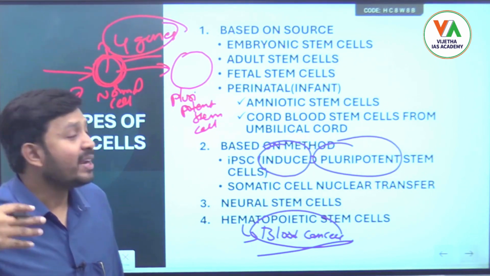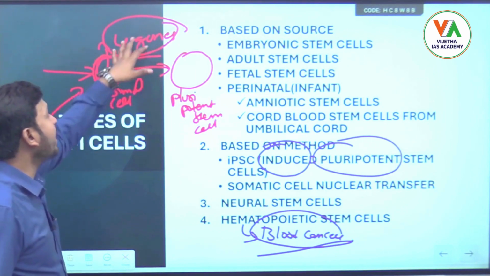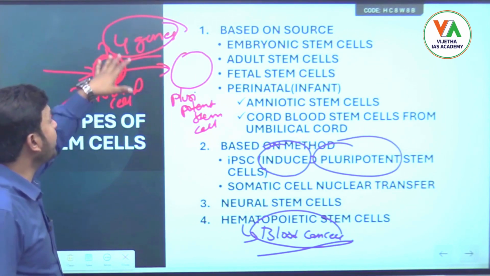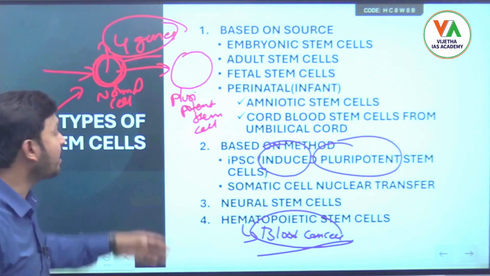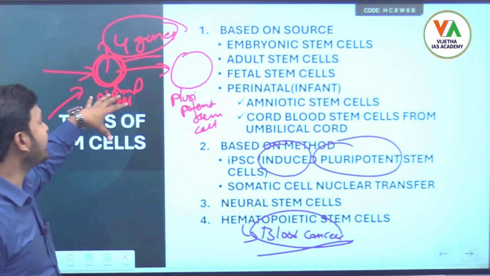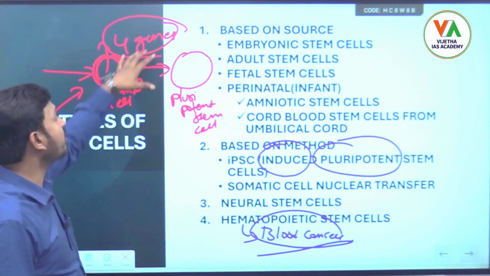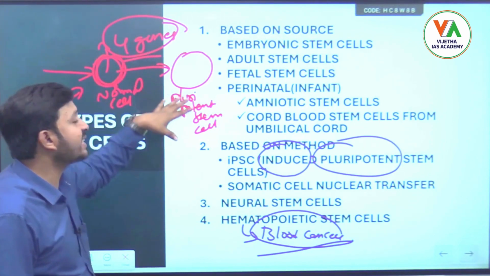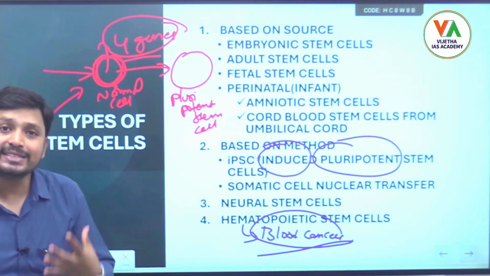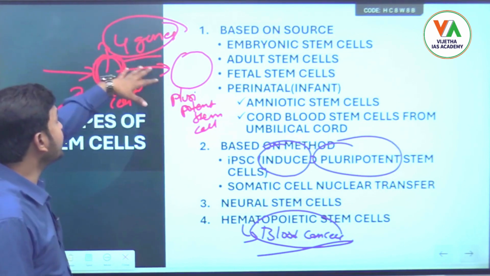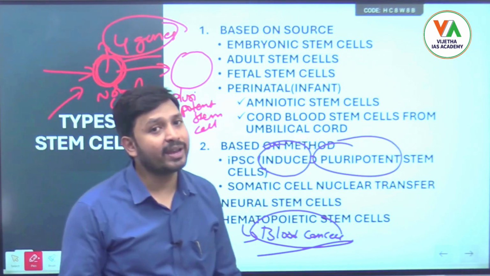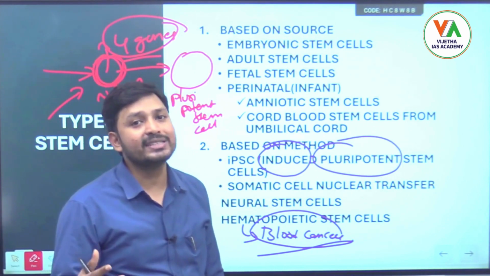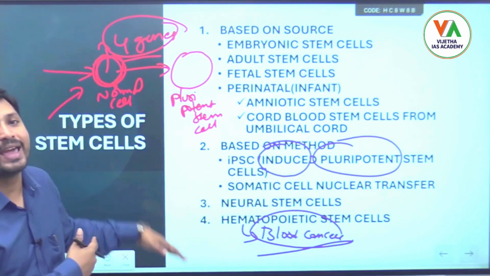So scientists have modified these 4 genes in such a way that this normal cell, which had become specialized because of these 4 genes, once again acts as a pluripotent stem cell. Remember, these 4 genes were identified by a person called Yamanaka, so based on his name, these genes are named Yamanaka genes.